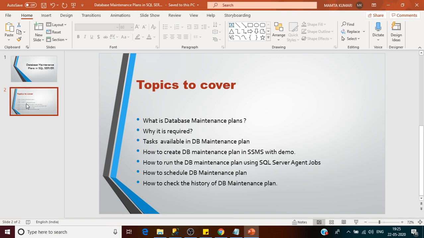So the very first topic is: what is a database maintenance plan? What exactly does it mean? Whenever we have a database, as time passes, the database size will increase. To have an efficient database that provides better performance, we need to perform some activities.